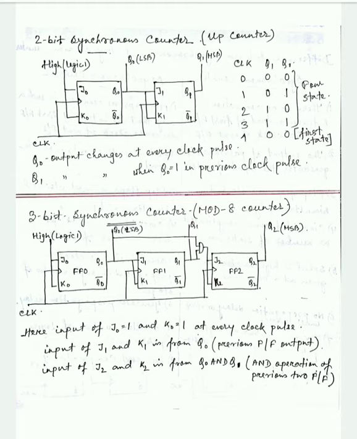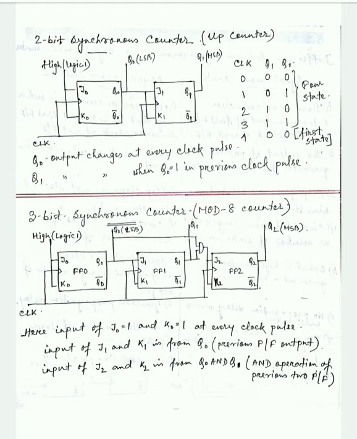For 4 values, if we start from 0, we get 0 1 2 3 as the count, and as it's an up counter it counts 0 1 2 3. Let us see how to design the counter. So we have already studied that for a synchronous counter, first, every flip-flop gets the same clock pulse. Second, only the first flip-flop gets its input from outside and the other flip-flops get their input from the output of the previous flip-flop.